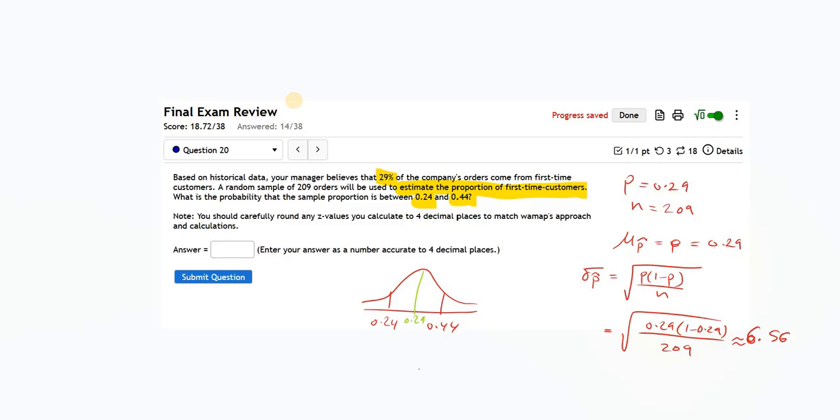In order to compute that probability, which is this area in the middle, first you're going to find the area to the left of 0.44. That is equal to NORM.DIST of 0.44, comma the mean 0.29, comma the standard deviation or the standard error,